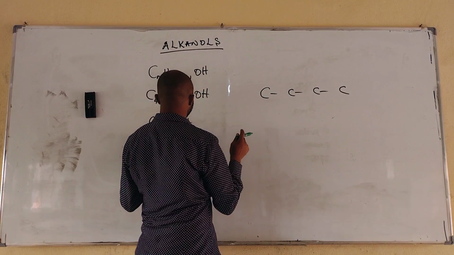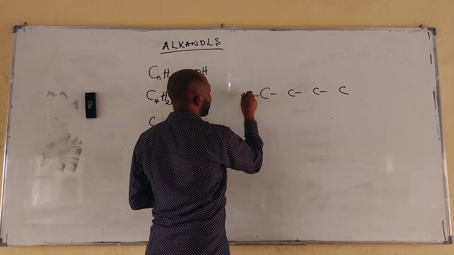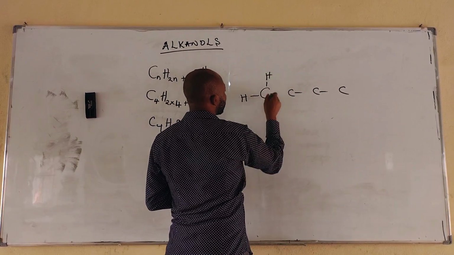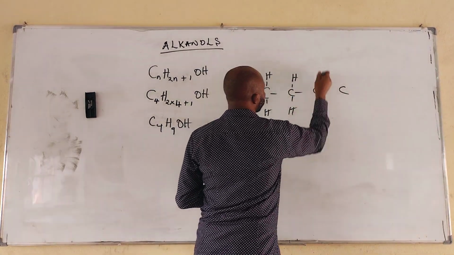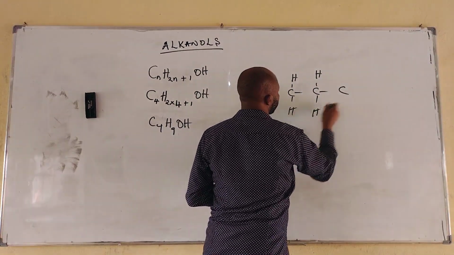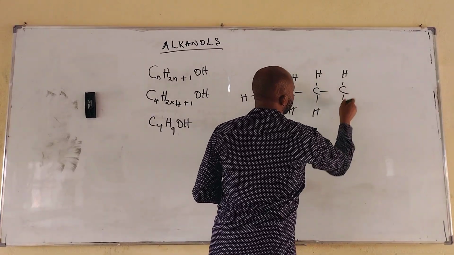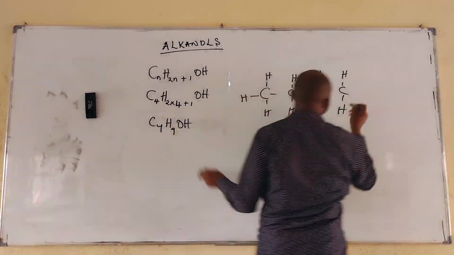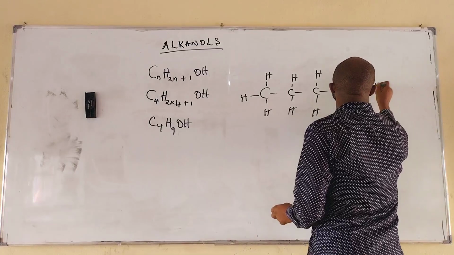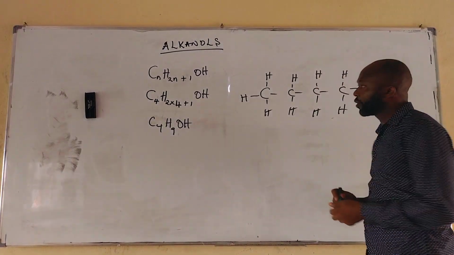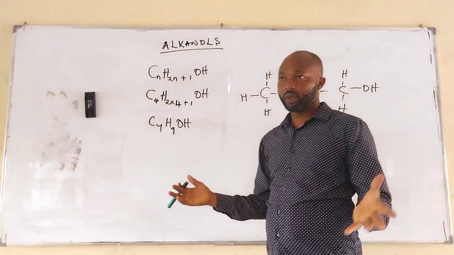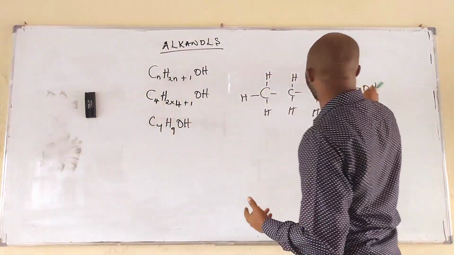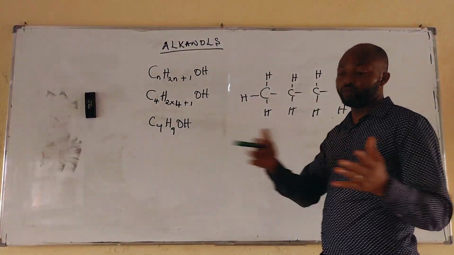That's for the carbon atoms. Hydrogen, we have 9: 1, 2, 3, 4, 5, 6, 7, 8, 9. And the OH here is 1. So this becomes the structural formula for the compound butanol, or butan-1-ol or 1-butanol, as the case may